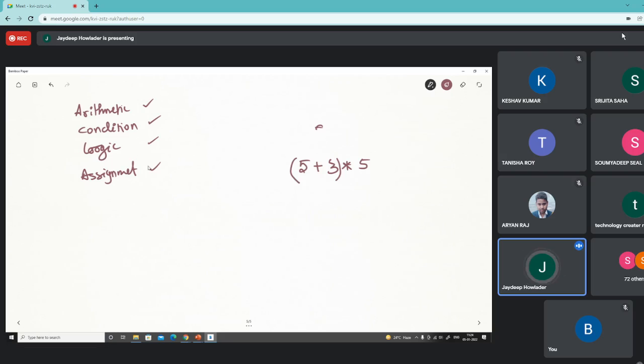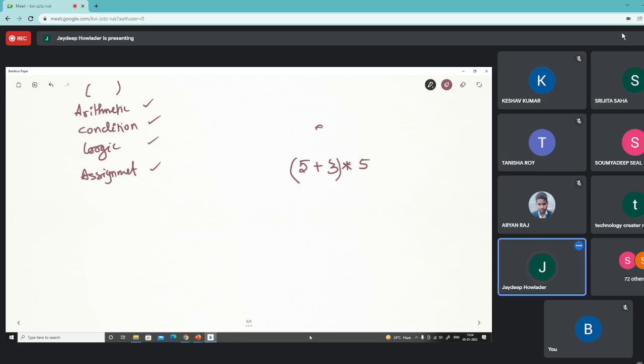So this parenthesis has the highest precedence over all the operations. If we want to override a particular operator with a higher precedence, we make a parenthesis around the operations.